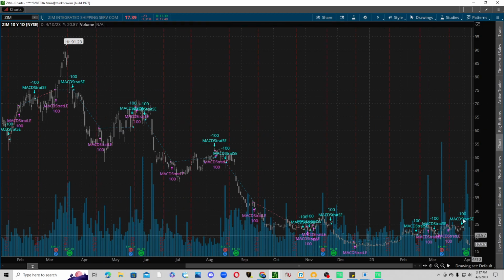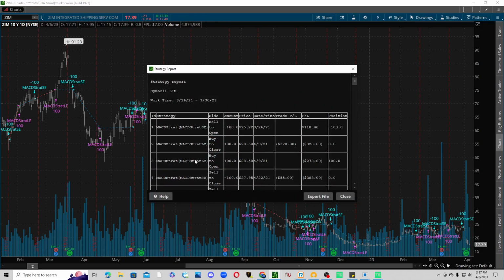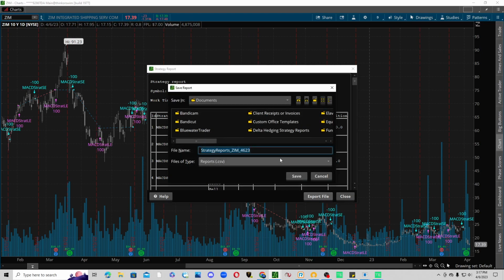From there, what I want to do is right-click on the last one of these that I see, which is this one right here. There's no other ones after it. These little things on the screen. I hit show report, and it's going to pop up here. Then I go export file. I think you should either save it as a CSV or HTML, it's your choice. But once you save it,